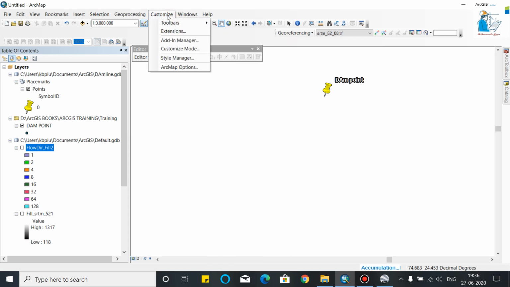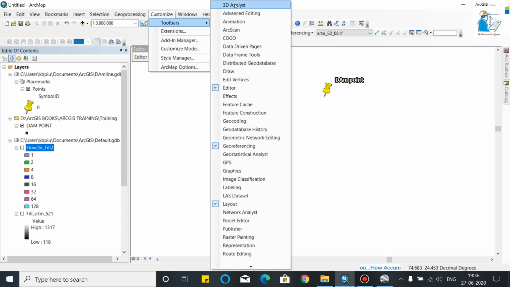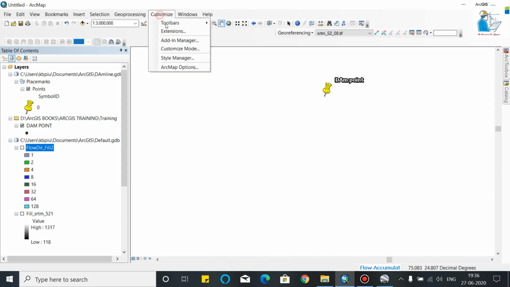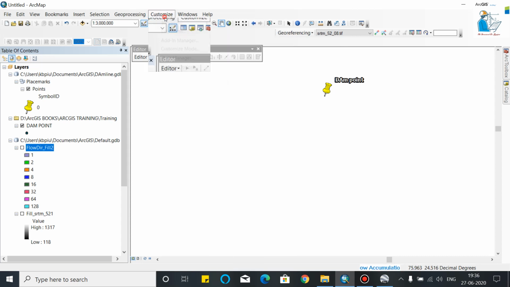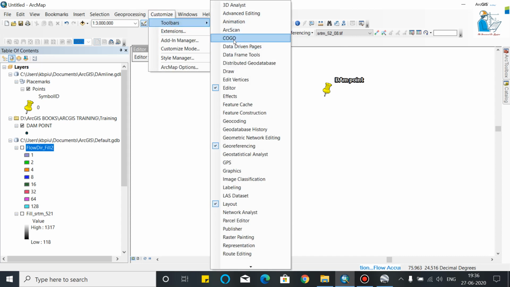Meantime, I will show in the toolbar, you can add most of these tools for use. In the editor toolbox you can edit the particular vectors. In data driven pages you can find the maps where you want to convert into a vector, scanned maps.